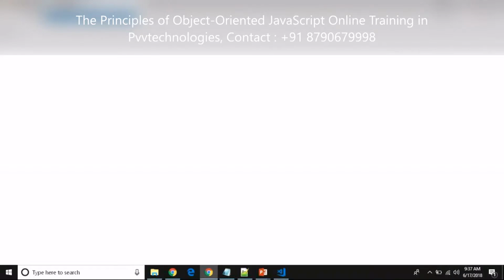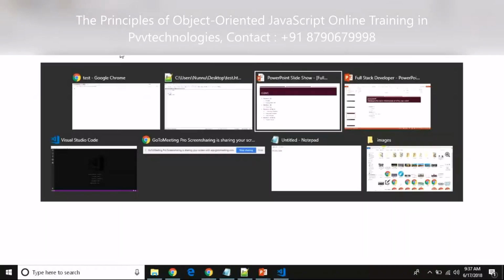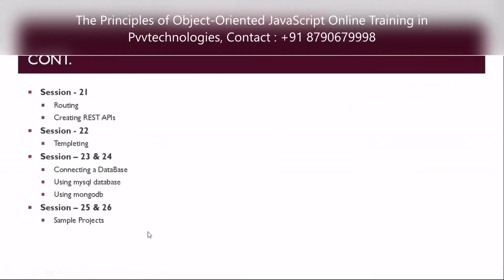But while we are talking in the context of Node, it actually helps you to route your web pages. As I told you, it will hold its own server environment, where you will be deploying your web application.